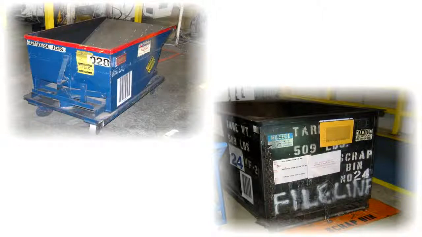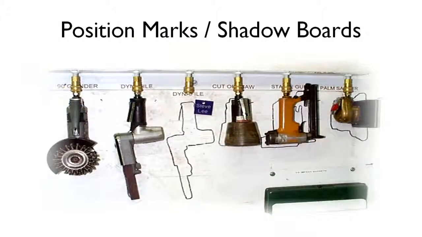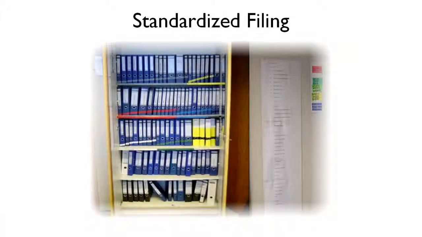Another way to standardize is with position marks as shown here. This is a simple but very powerful technique that makes it very clear when an item is missing. Now, one of the big inefficiencies in an office environment is looking for information or knowing who has the information. Well, one technique used by companies is to use diagonal colored tape outlining items on the shelf. Now, if something is missing, you can see from far away. This, combined with a checkout list showing who has borrowed the file or book, makes it easy to locate the